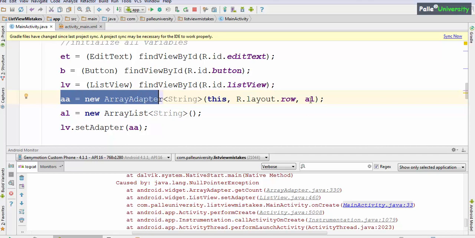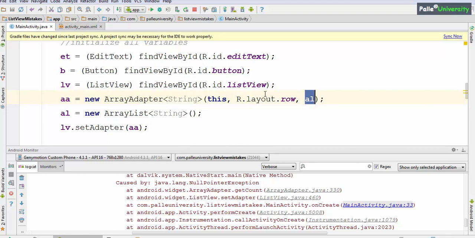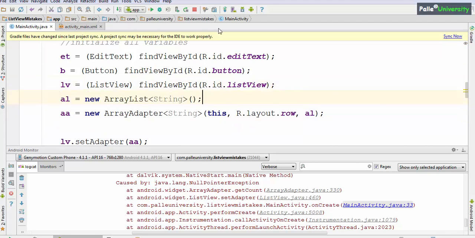Because if you observe, the last parameter of the array adapter is the array list. So it is like first you are passing the array list to the array adapter, and then you are initializing the array list, which is basically wrong. It is something like first you are having children and then you are marrying. Is it possible? At least in India it is not possible. So before creating the array adapter, first of all you have to create the array list properly. Array list is the source. So let me remove this. I will keep this before the array adapter, then it is proper.